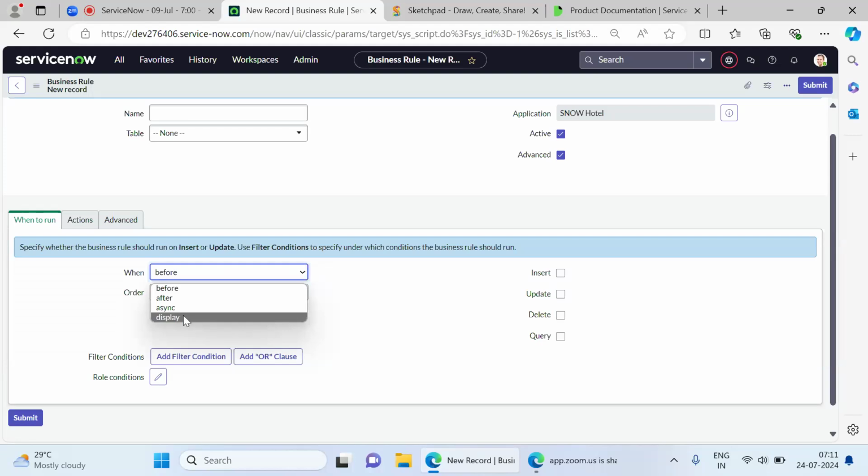And then we have display. Display means whenever a form is loaded, at that point in time, if we want to take any server-side action, then we write a display business rule. Then we have insert, update, delete, and query. So if I say when: before, and insert, these two in combination, this means that